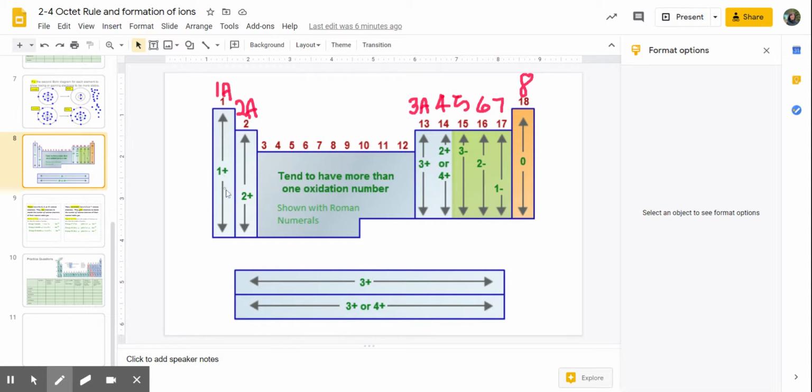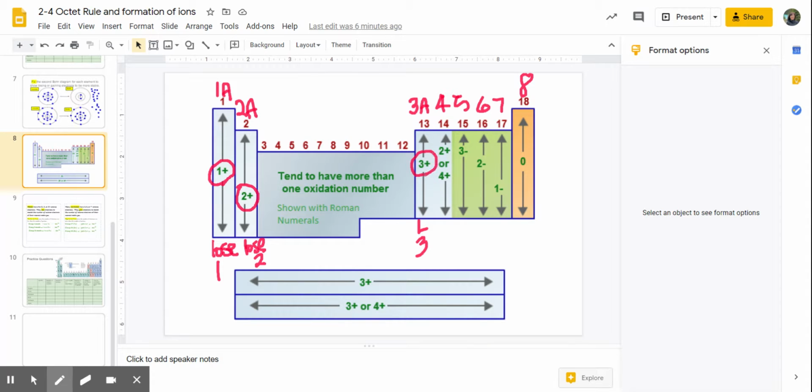All the elements in group 1A have one valence electron, and they'll easily lose that electron. And as a result, it becomes a +1 charge. The second group has two valence electrons, and they can easily lose two, and that becomes a 2+ ion. The elements in 3A have three valence electrons, so they lose three,